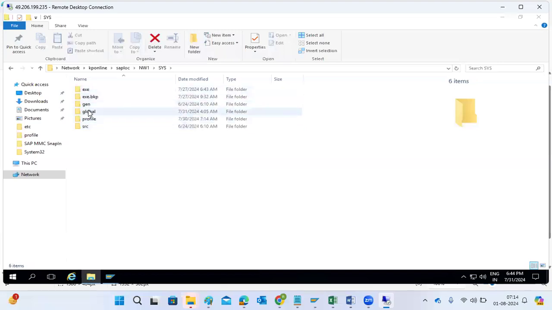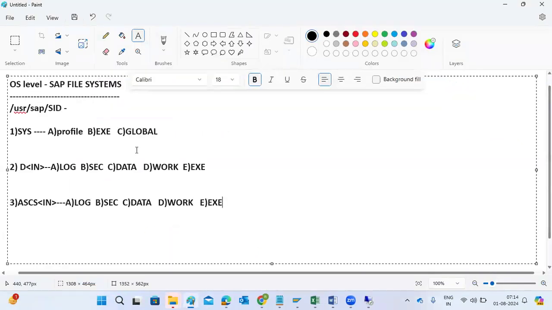Then the global directory. The exe means executable directory, and it contains the kernel files. The profile directory we can edit in case you are unable to log in at the SAP level; we can edit it here. So the global directory